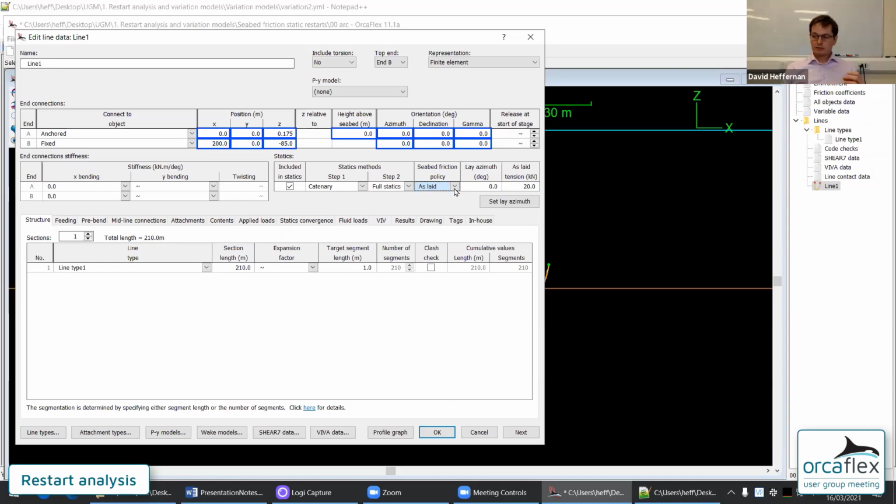And you can still do restarts where you use the as-laid policy. But in my case, I want a different approach. I want each restart to use the history of seabed friction. I want each restart to pick up the friction state from the previous analysis and use that instead. That allows me to have the line track round, and as it's swept through, keep that history.